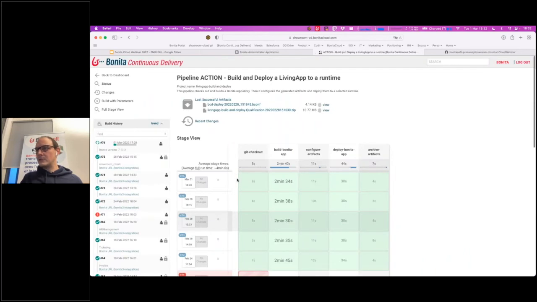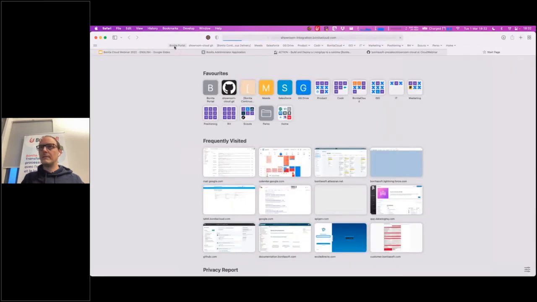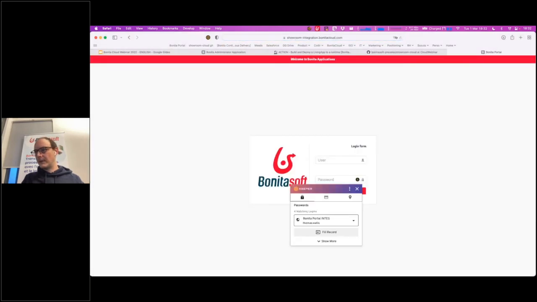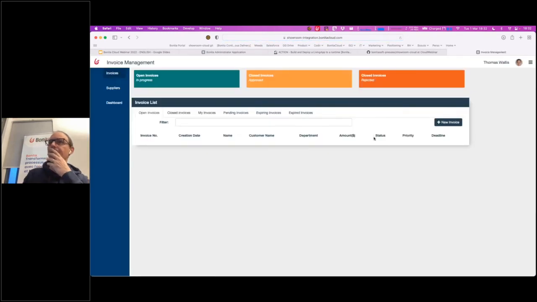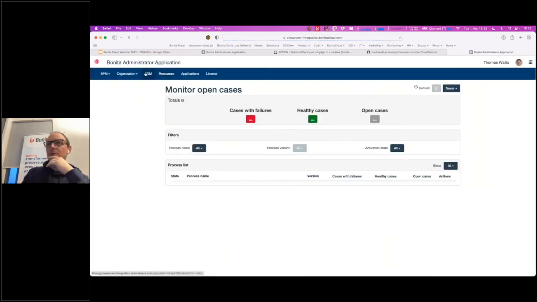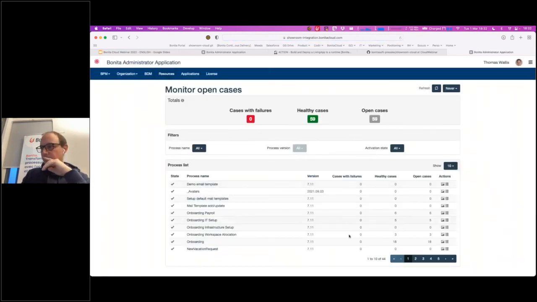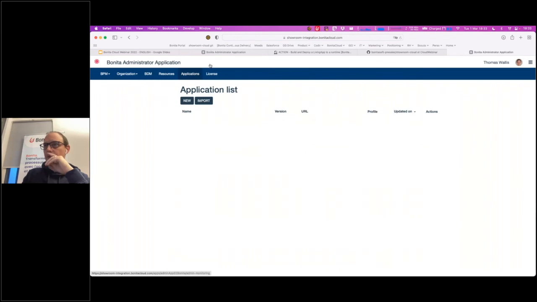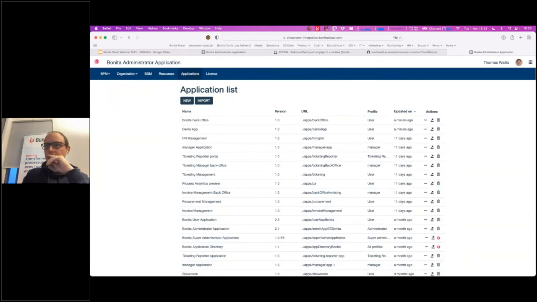So let's come back to the deployment. It has just completed. So let's connect back to the platform. Let's go back to the administration application of Bonita. If we go to applications, you can see there is a demo app, the new application I created in my studio. And if I click on it,